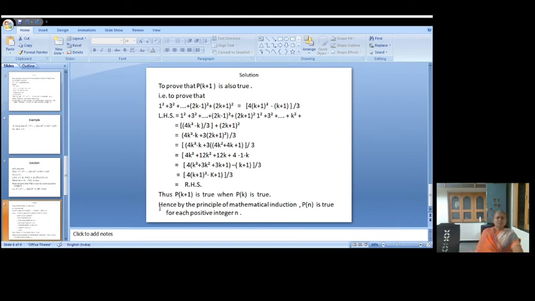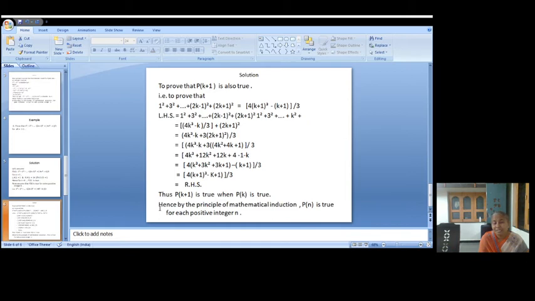means we have to prove the statement holds for k plus 1, P of k plus 1 is also true, and therefore we have to replace k by k plus 1 only. Whenever we have to prove this part, we are taking the term as 1 square plus 3 square up to 2k minus 1 square. This term remains as it is. Then the next part is we replace k by k plus 1 only. We are replacing k by k plus 1, and that's why here we are taking the term as 2k plus 1 bracket square. See here how it occurs.